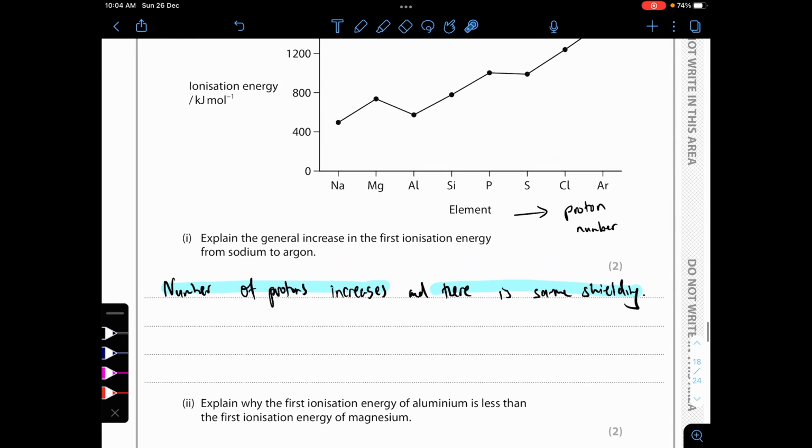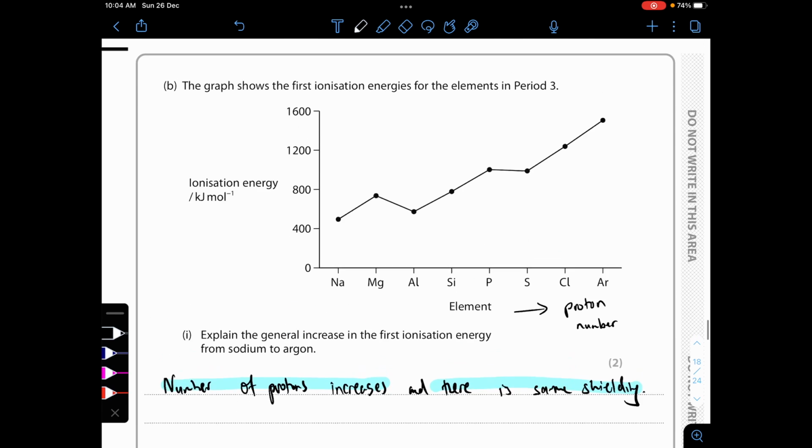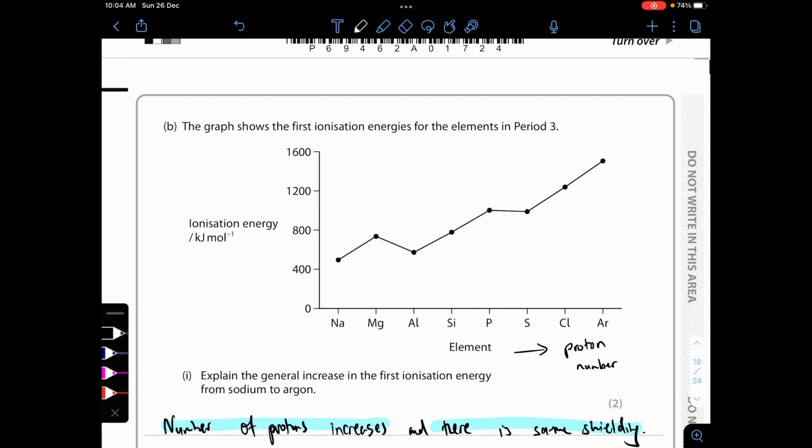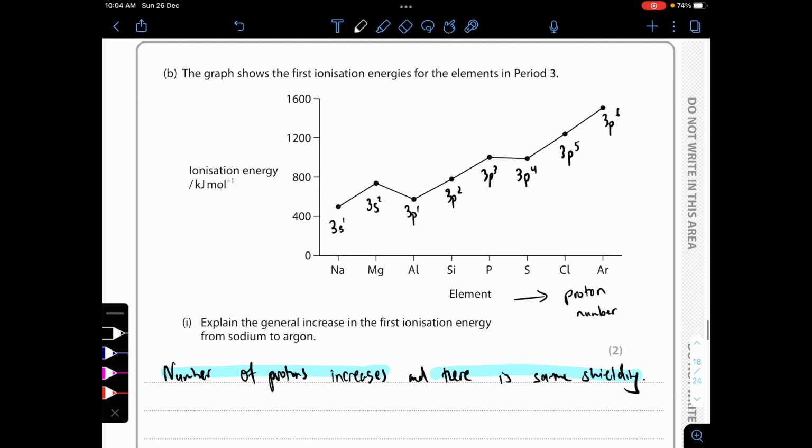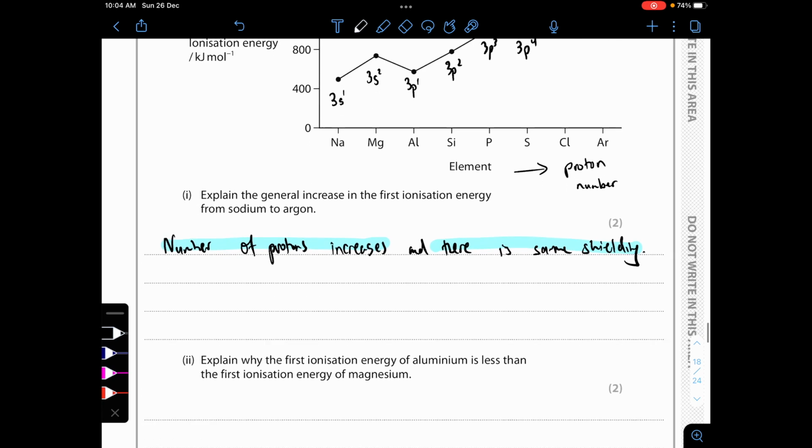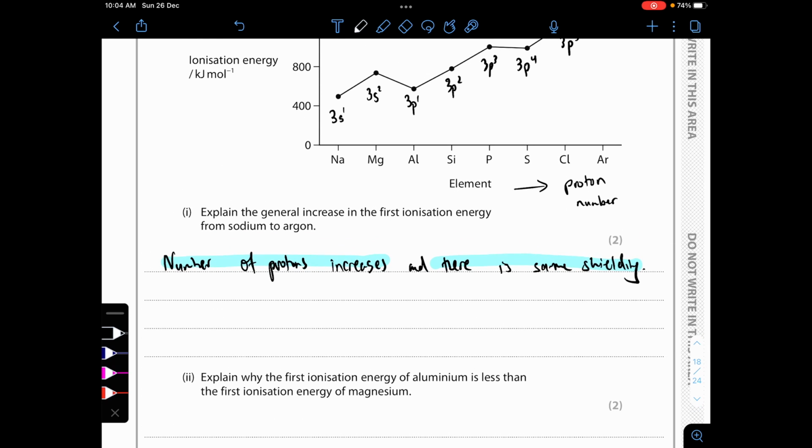We need to talk about shells. So sodium starts with 3s1. Then we have 3s2. Then we have 3p1, 3p2, 3p3, 3p4, 3p5, and 3p6. The ones we're looking for are the 3s2 and the 3p1. That's what we're looking at. So you can see over here that the 3p1 has a lower ionization energy. And why is that? Because the 3p1